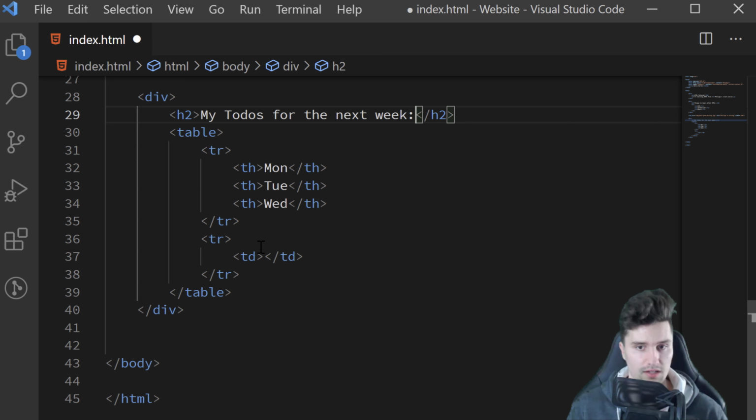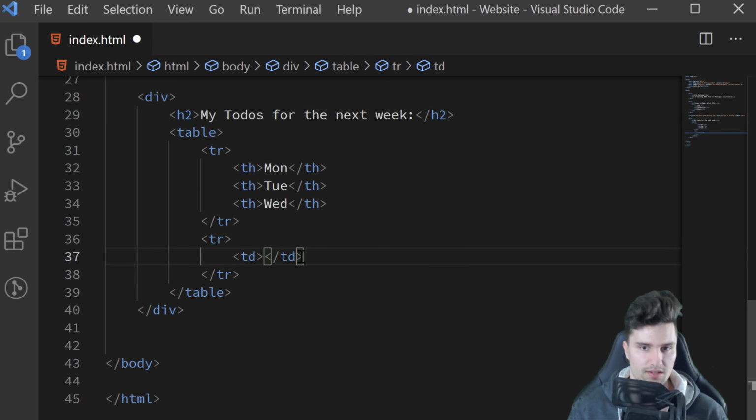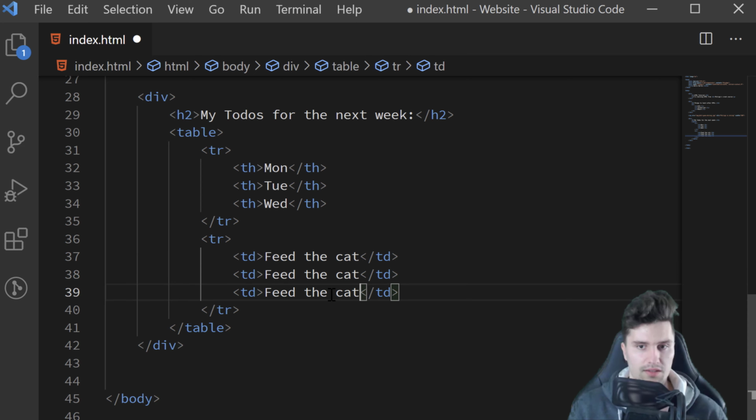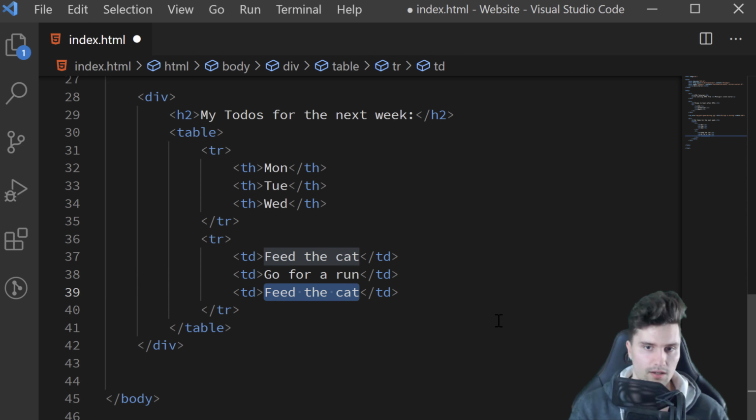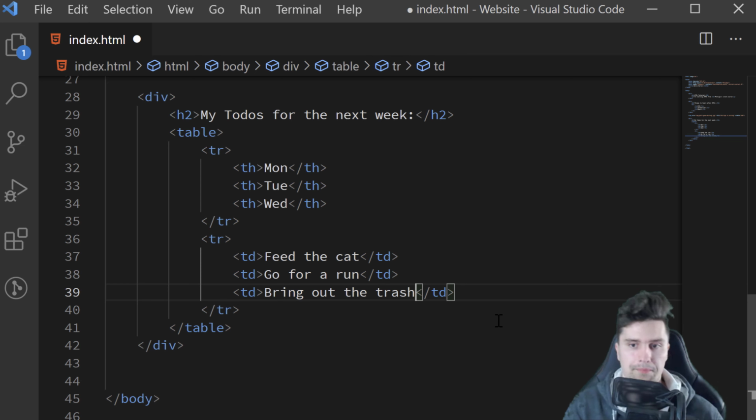Then we can use these TD tags to just enter any to-do, for example, here. So this is now the first field of the second row, where we can specify, for example, to feed the cat. We can duplicate this again, use the second field of the second row, for example, to go for a run,